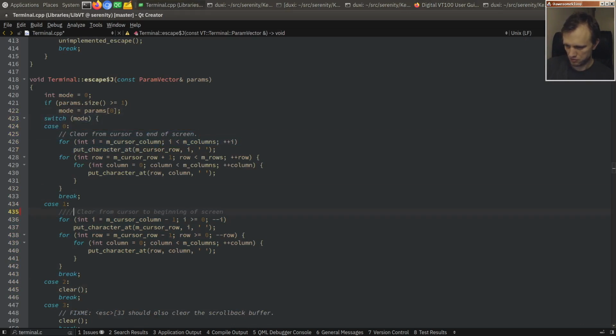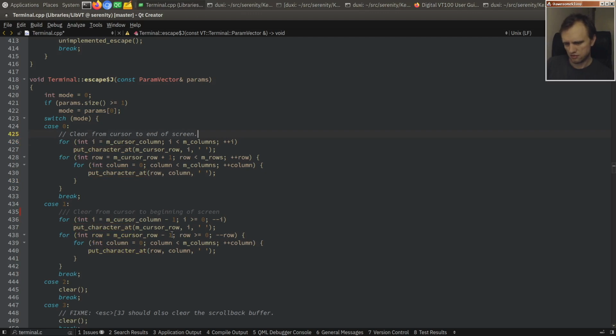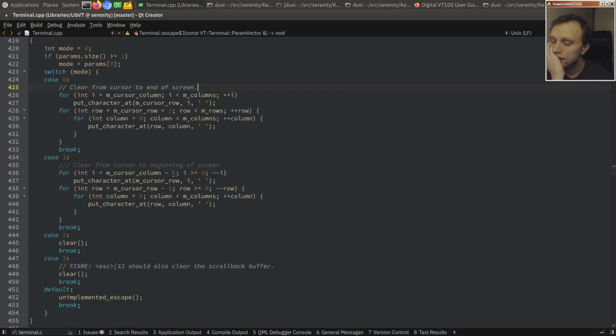Wait. Oh, that's so weird. This comment here has 3 slashes, so QCreator actually makes it darker than this one. Less important? Maybe that's why they have it that way. I don't know. I haven't seen that before. Anyway,